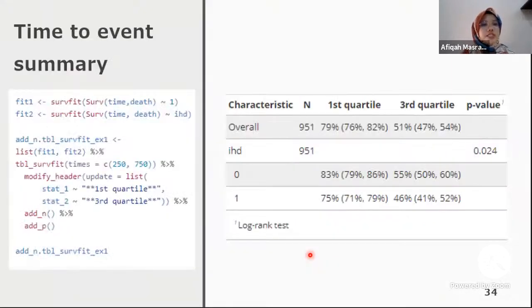So, time to event summary. For this, we have to complete two survival analyses first: the default, which is equal to 1, and also when we specify the risk factor IHT. After producing these different analyses, we include them inside the table and produce this particular table here, where we